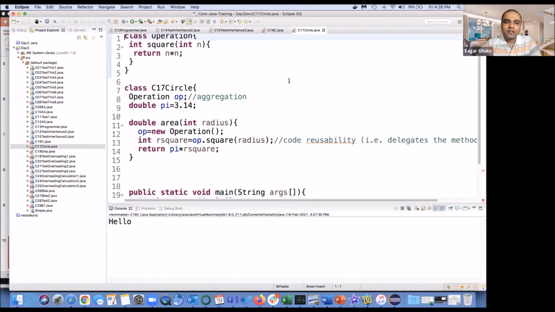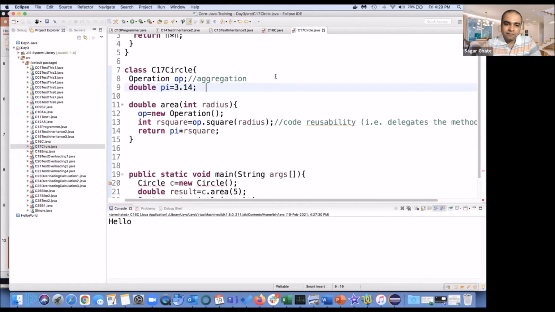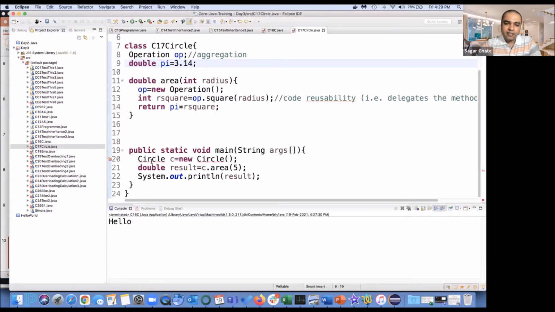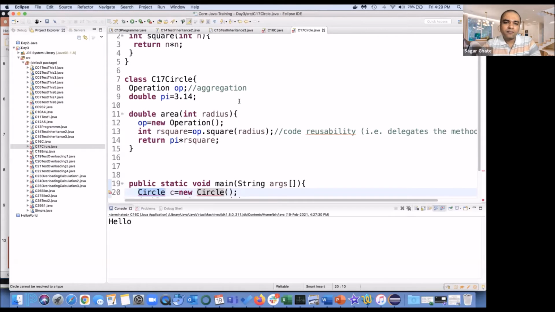Class operation. Okay, now in the last 3-4 examples, we have seen the is-a relationship, that is inheritance. Single inheritance and multi-level inheritance are allowed. Hierarchical and multiple inheritance are not allowed in Java. We have seen the example. Now let's talk about aggregation. When we say aggregation, it is a has-a property, which means if there is a circle, then the circle will have an area, and I can figure out the area from the circle class.